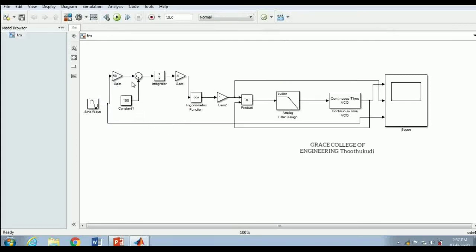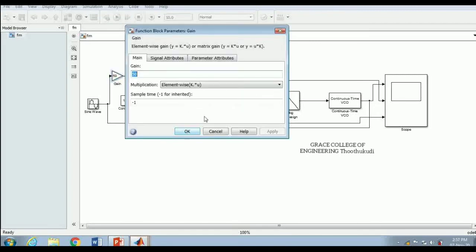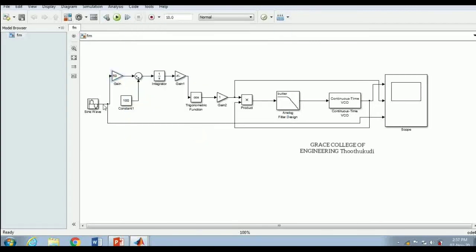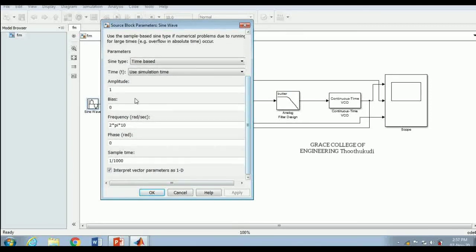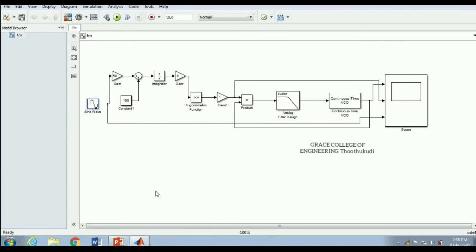Then the gain block. For the gain block I have given the value of 50. So 50 is my value. Then here also for the sine wave, after taking the blocks we have to set the parameters. So amplitude 1, my frequency is 2 pi 10, sample time is 1 by 1000. So always, after taking blocks from the library file, this is how to set these particular parameters. These are definitions. For a signal, how many samples and what time it should have, what its frequency and period are, we are just defining exactly. So for that we have used that one.